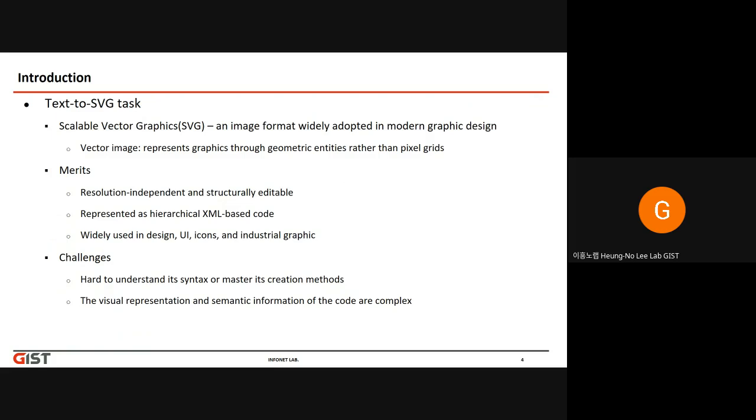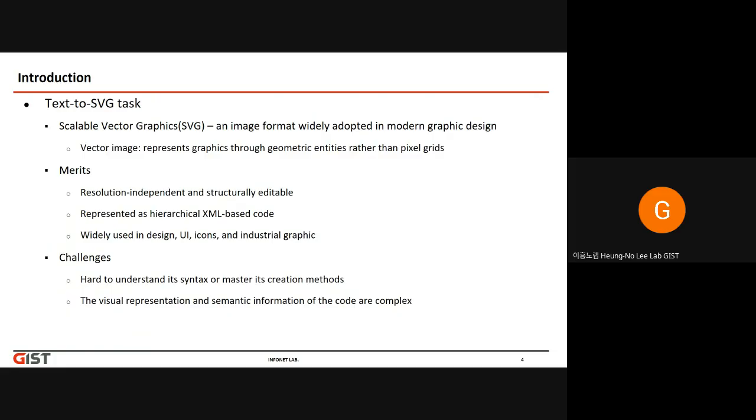First, about the introduction. SVG is Scalable Vector Graphics, an image format adopted in modern graphic design. A vector image is an image file that represents graphics through geometric entities rather than pixel grids like the more common image files such as PNG or JPG. The merits of SVG are resolution independence and structural editability. They are represented as hierarchical XML-based code,